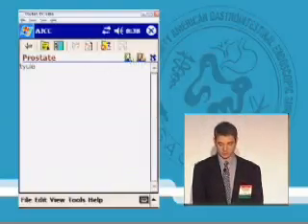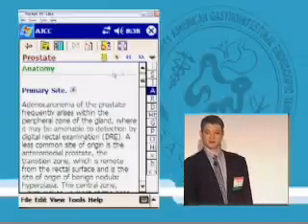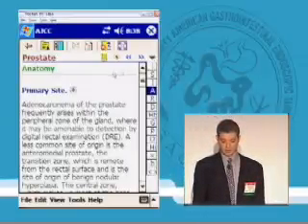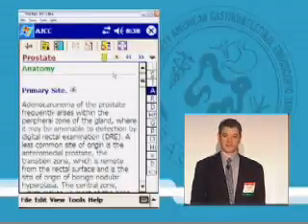All right, let's close this. I'd like to show you one of the most powerful tools of the software, which is the TNM staging here. Let's say I have a patient with prostate cancer, and I'm not very familiar with prostate cancer because I